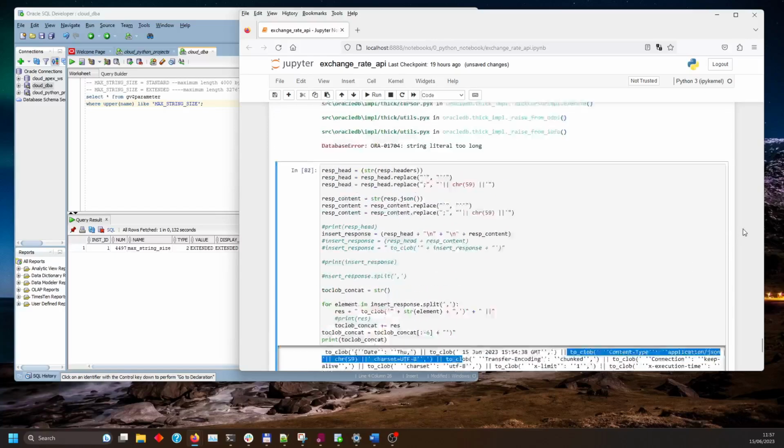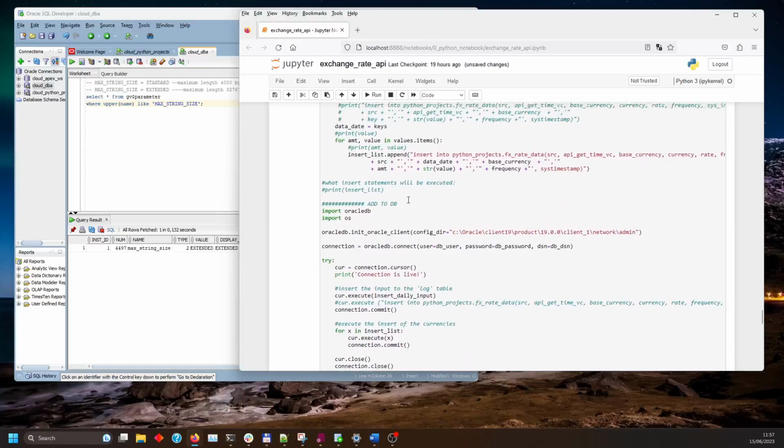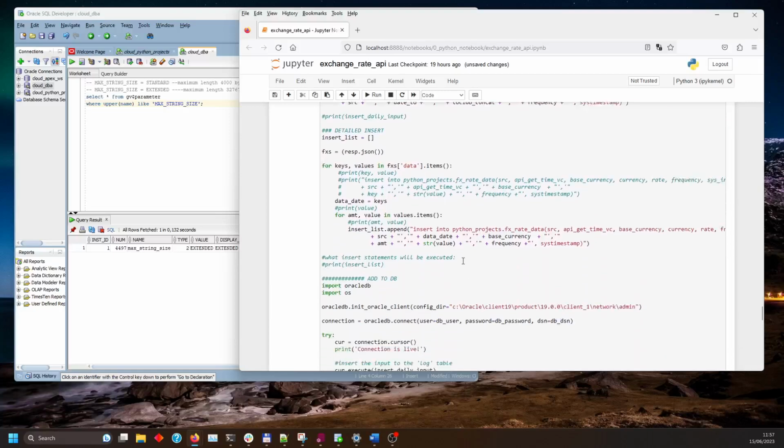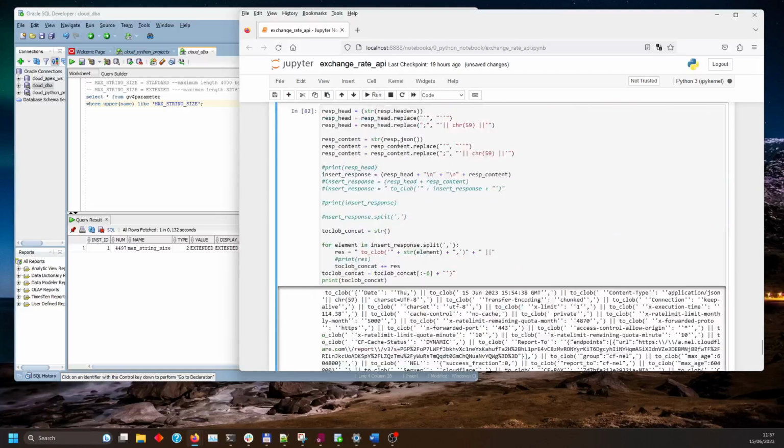So if I now go back here and cross-check, okay, now it is the splitter and that variable is passed. Okay, so now if I run this,